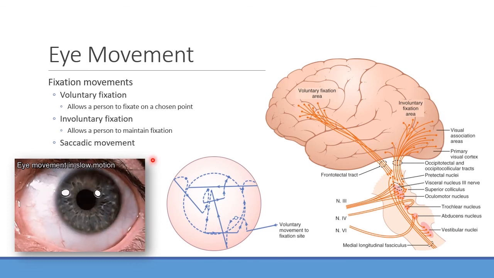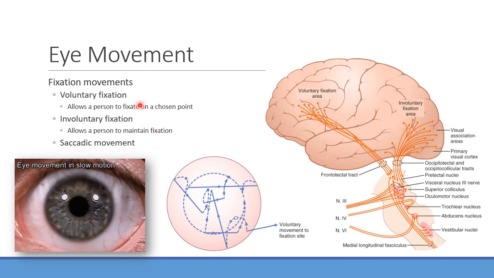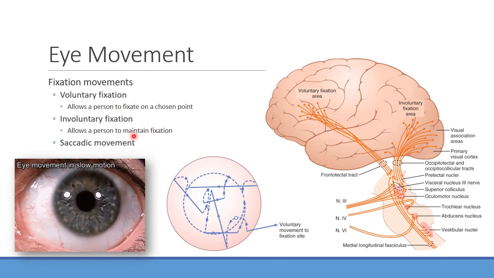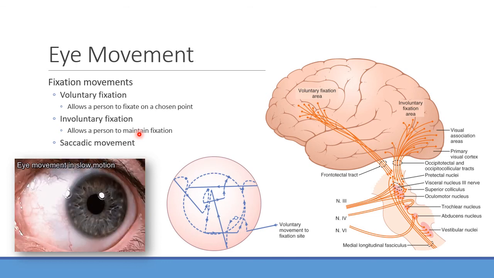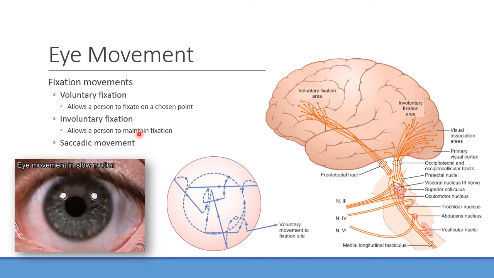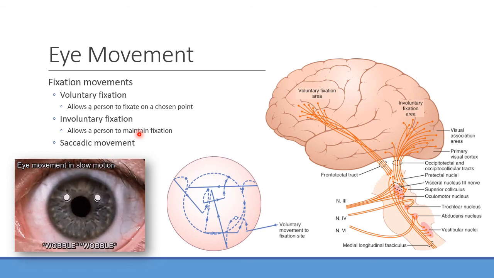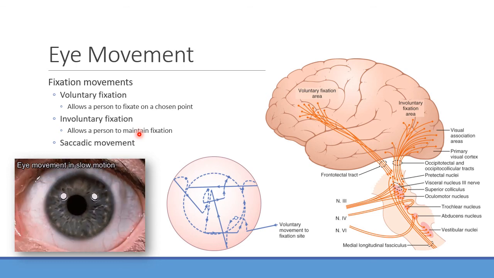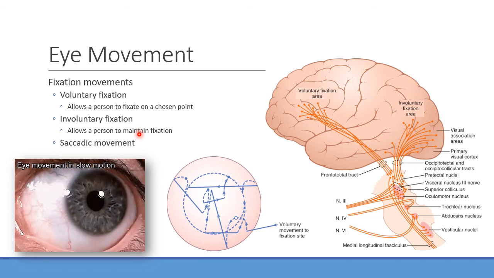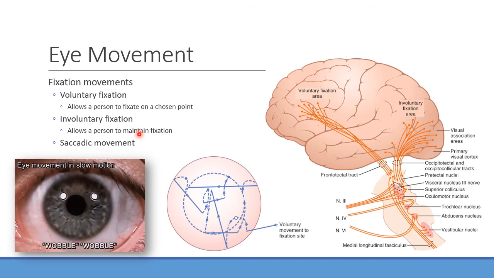Okay. There's also what we call saccadic movement. Anyone ever heard of that? So basically, if you're in a car and you're looking at things out the window, do your eyes just stay on one focal point and keep going on, or do they jump from object to object? That's that saccadic movement, where you're looking at this tree, now I'm looking at this tree as it goes by very quickly.